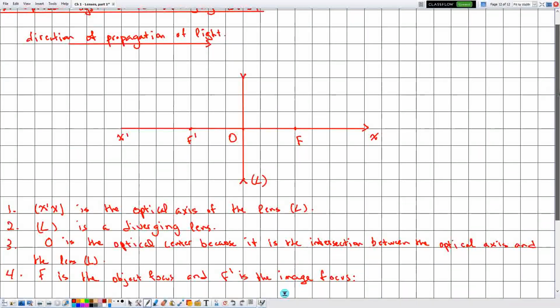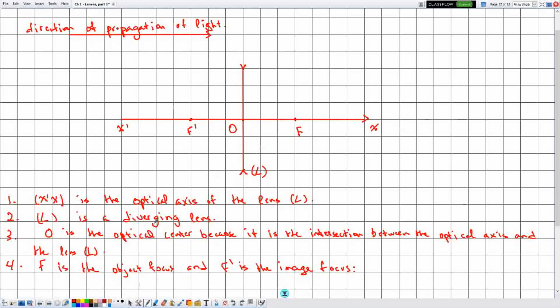And similar to the converging lens, I have placed the image focus and the object focus in such a way that they are separated by the same distance, and this is known as that f and f prime are symmetric with respect to O. Okay,